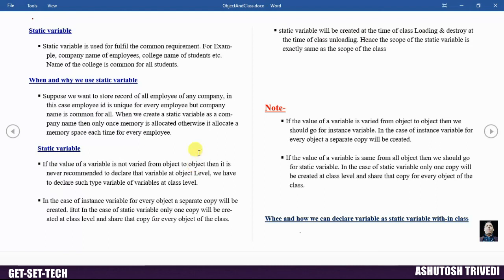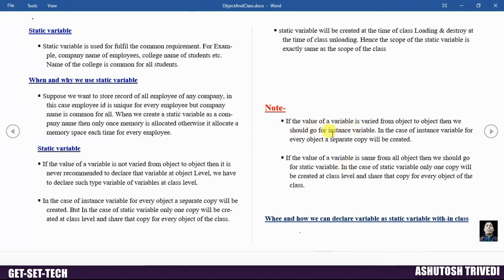Remember this note: if the value of a variable is varied from object to object, then we should go for instance variable. In the case of instance variable, a separate copy will be created for every object. But if the value of a variable is the same for all objects, then we should go for static variable. In the case of static variable, only one copy will be created at class level and shared by every object of the class.